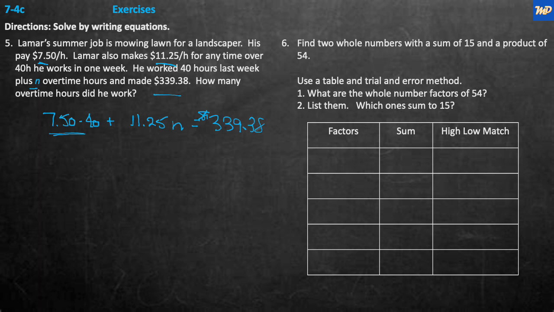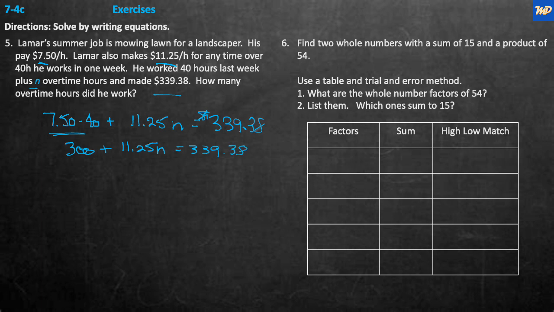Well, $7.50, we have to multiply this. We have to do this multiplication here. We have $7.50 times 40 is 300, plus $11.25 times N is just that, 11.25N. And that all equals